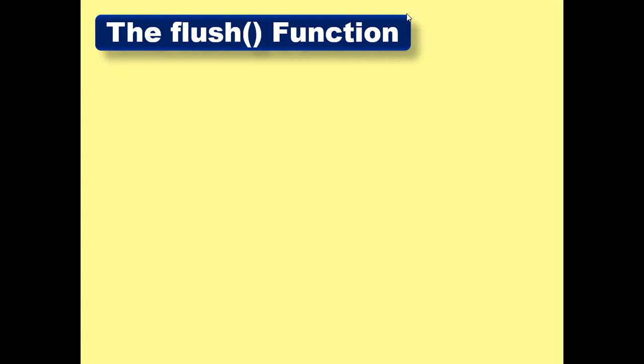Jacob says it replaced the buffer storage with a secondary storage. No, it's not replacing. Actually, the data is firstly stored in a buffer, and if you want to store that particular data on a secondary storage, then we use a close function, and the alternative to close is the flush function. Khushi says it transfers the buffer memory to a secondary, and it is an alternate of close. Very good, great, Khushi, thank you.